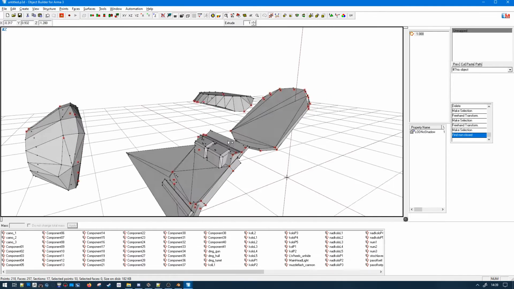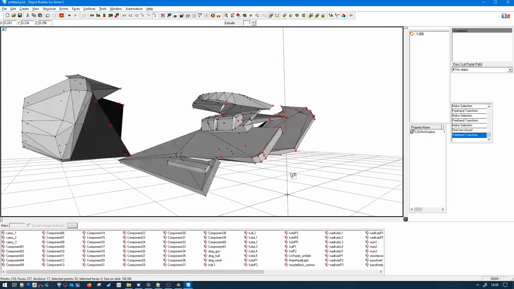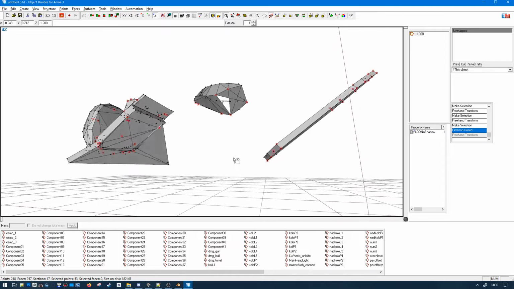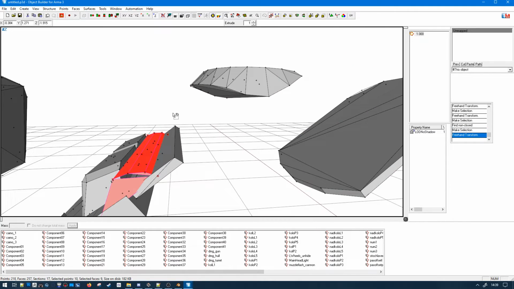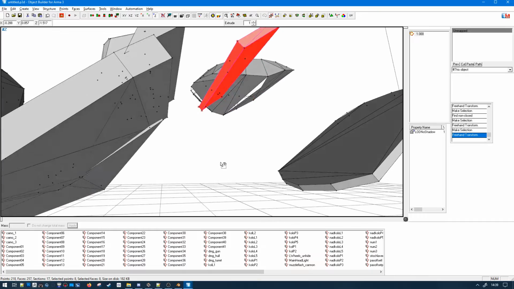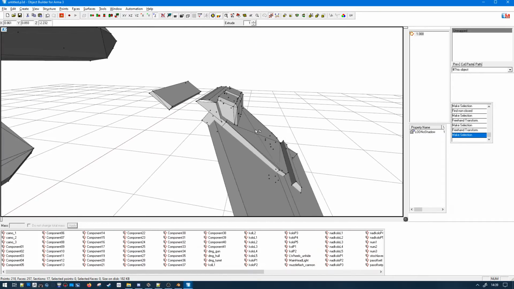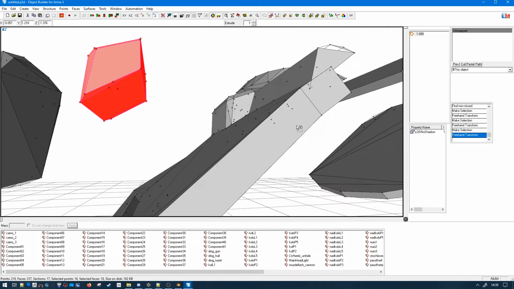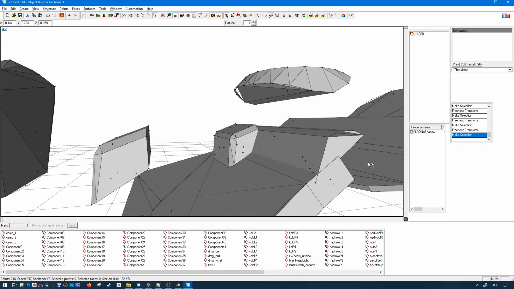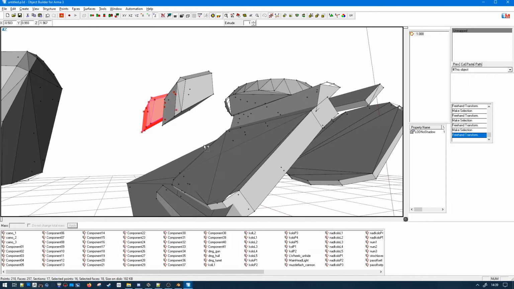That's so full. This one isn't making it either. The front hatch is not okay. This is not okay. At least this one is okay. These look okay. See, this is much more complex than it looks like.